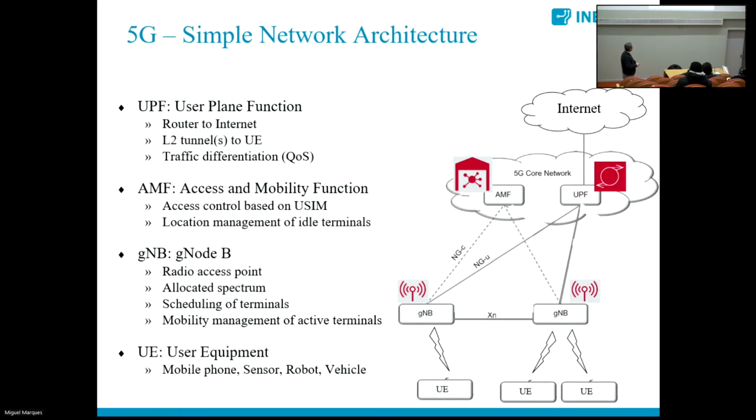First of all, it makes the interface to the internet, of course. Then there will be a kind of tunnel established between this router and each of these equipments. And based on this tunnel or on a set of tunnels, we'll be able to send traffic by giving this traffic different priorities or different guarantees in terms of delivering the information and losing the information. And so this is, in very simple terms, the architecture of a 5G network.